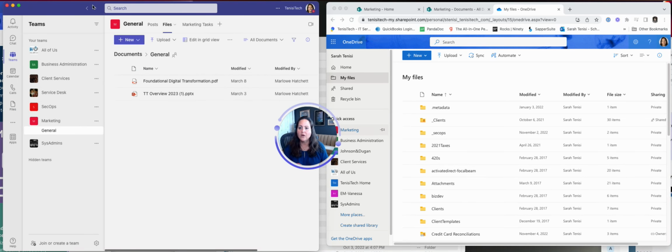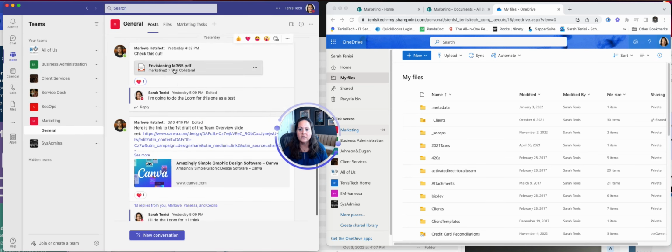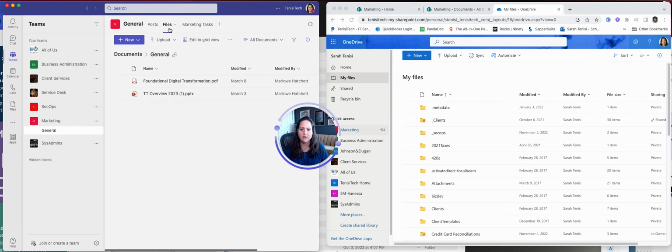So in Microsoft Teams, click on the Teams icon on the left, and here you see the different teams that you belong to. I'm going to use the marketing team as an example here. On the marketing team, you can be chatting with the different people on your team, and you're sharing different files. You're having conversations about these things. And so where do you find those files once they've been shared? Click on Files at the top of the screen right here,